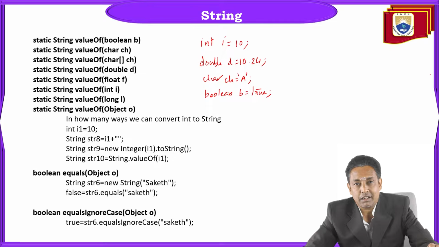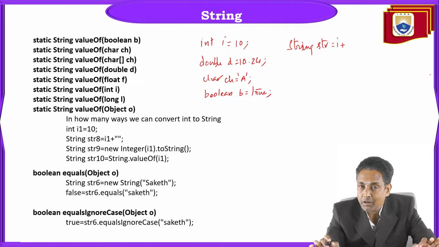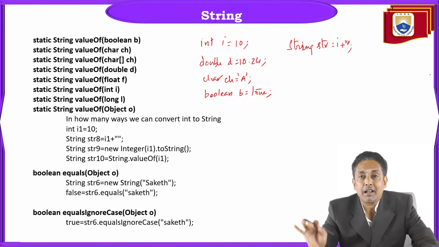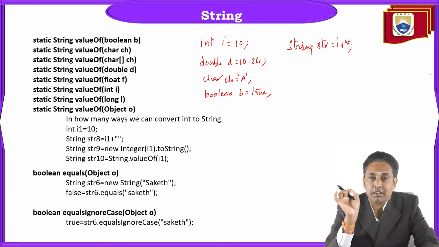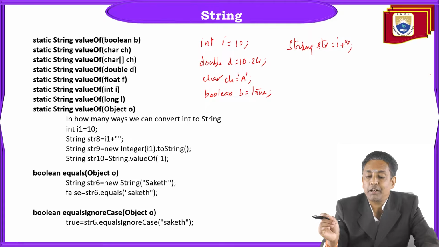So if you want to convert an int or a double or a char or a boolean to string, the simplest, shortest way is to write String str is equal to, simply put, in Java, to any variable or to any object, if you put a plus symbol and add an empty string, an empty double quotation, finish. You add an empty string to any primitive member, int or long or float or double or char or boolean, to any primitive